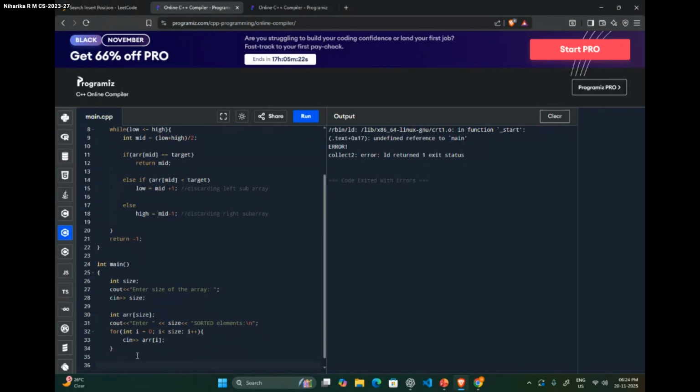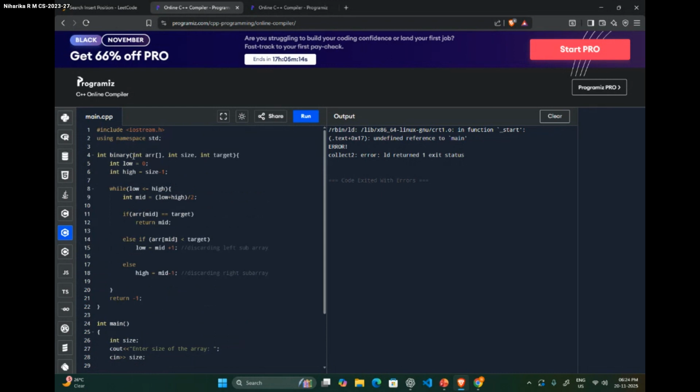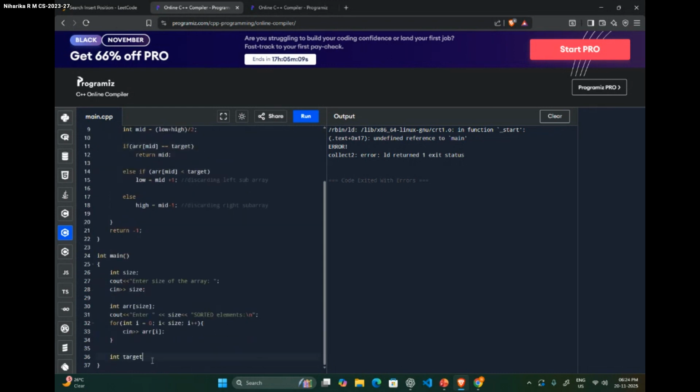And then we still need to find the target, guys. So I'll give a variable called target, because these are the variables I've taken here: array, size, and target. So let's use the same variables. And so we'll ask the user to enter the target.